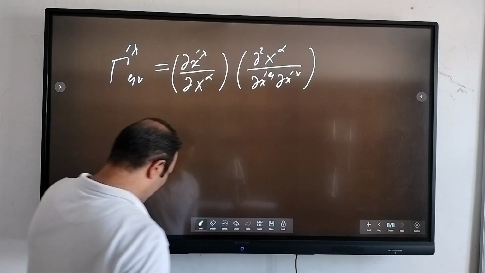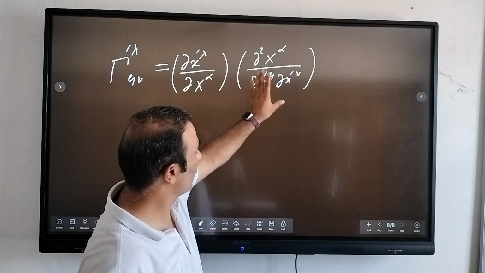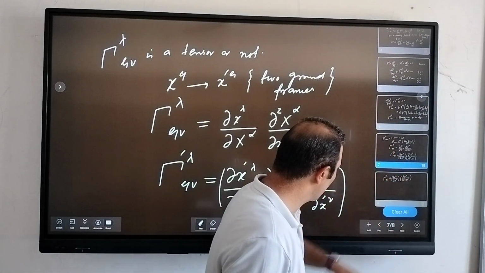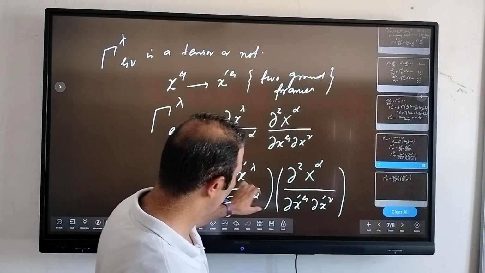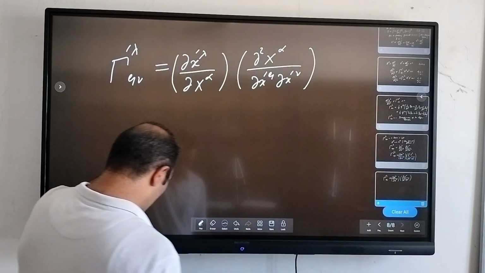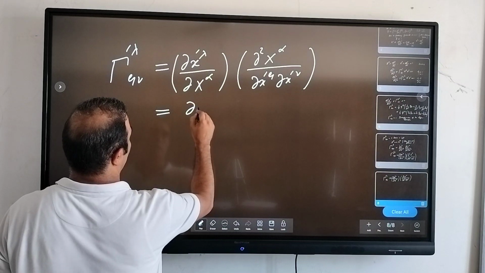So I'm basically rewriting the same stuff that I wrote in my previous slide, so you just check. Here is the same equation that I wrote here. So this is the same. Okay, so we can rewrite this term, so let us derive this. So this will be partial